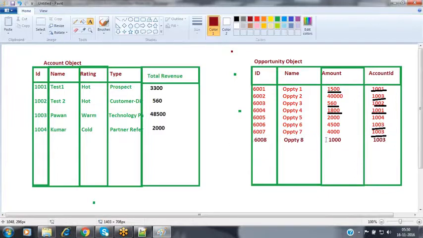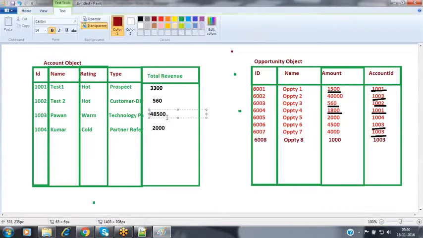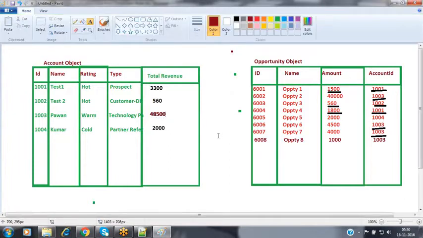So whenever we add one more opportunity, automatically this record value has to be refreshed. Instead of 48,500, it has to show the value 49,500. Based on the number of opportunity records and the amount value available in each opportunity, it has to find that value. It has to do some operations on that, nothing but the sum of all the amount values in each opportunity, and generate that result. That result has to be displayed on your parent record.